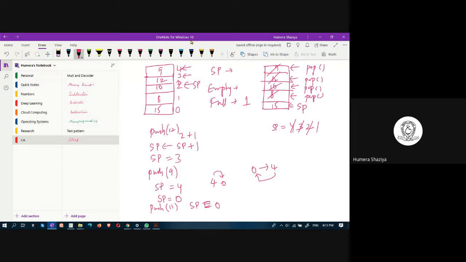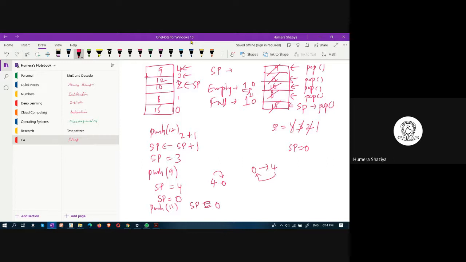After you pop, once again you call pop, fifth time, stack pointer from 0, it cannot be decremented. The stack pointer will remain to be 0, and empty is set to 1 and full is set to 0. When full is set to 1, empty is set to 0. For this one, it will be 0. And for this one, here it will be 0.